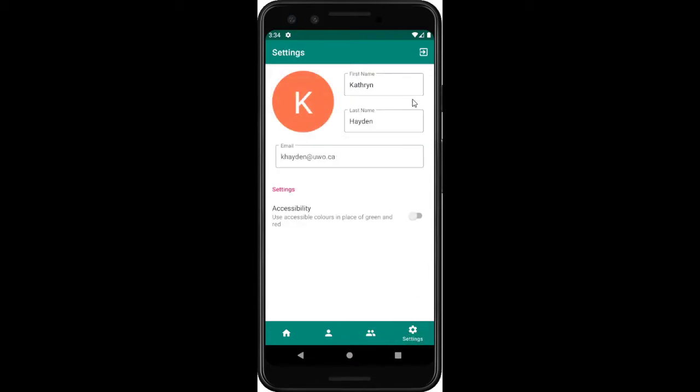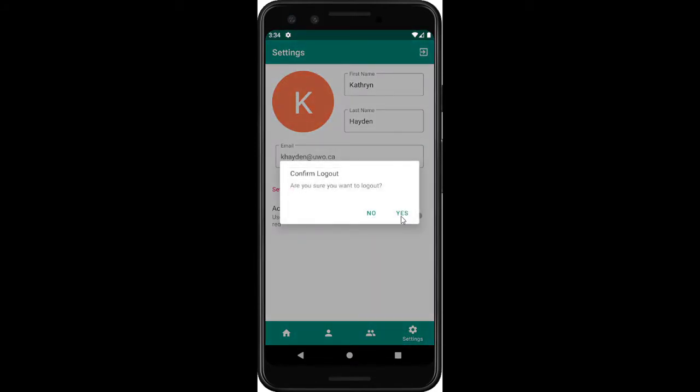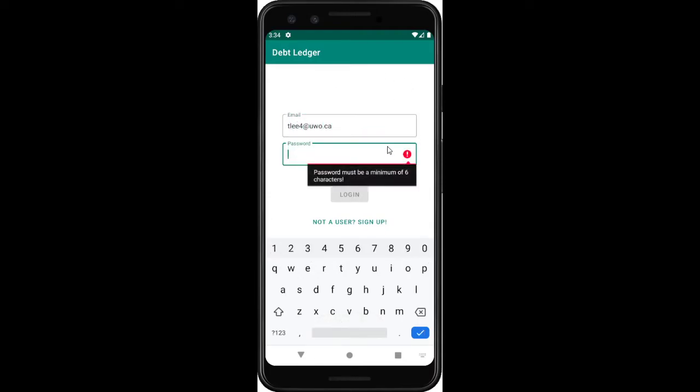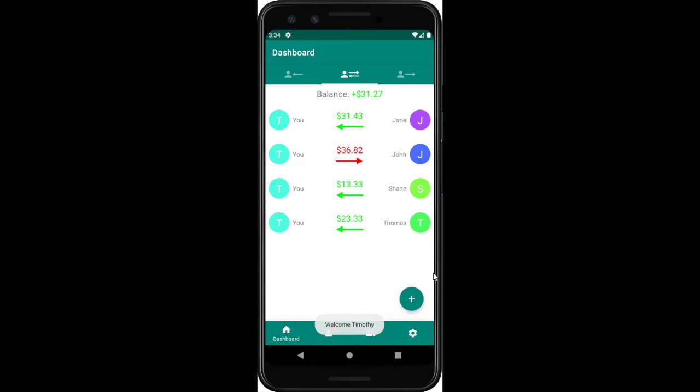Afterwards, we can go to the settings, sign out, and see the new request from the other end. So we type in tlee4@uwo.ca, go to password, log in. So we'll be brought right away to the dashboard, but before we talk about the dashboard, let's go